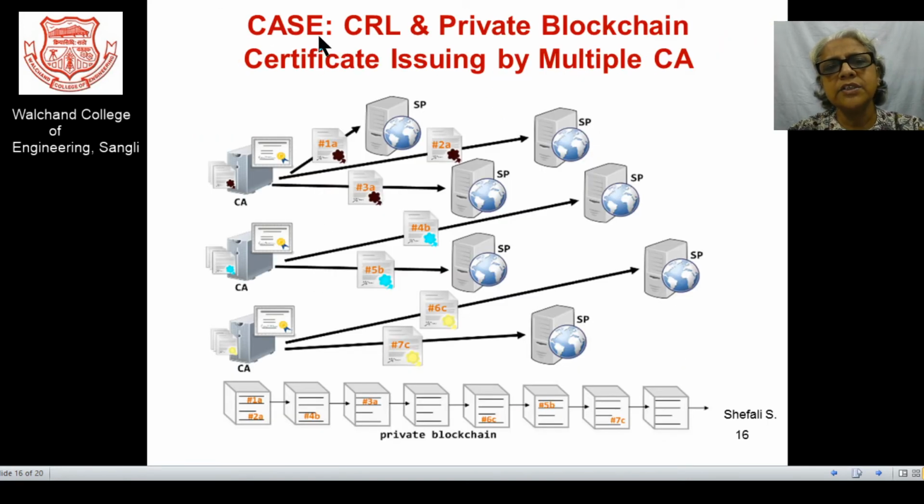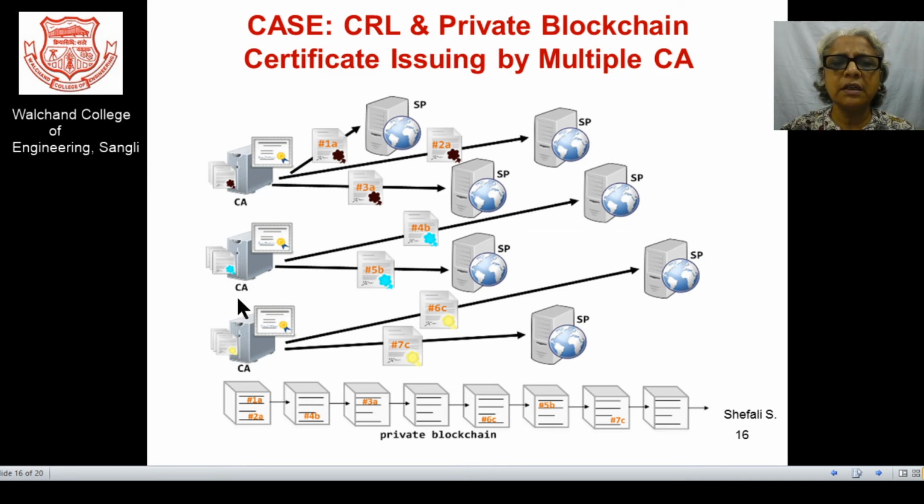There is another case which is very important. I would like to have a certain combination of the certificate revocation list and another technology. Let the technology of blockchain be used along with the CRL. Instead of public blockchains, let me discuss private blockchains. Those private blockchains may be shared between the CAs and the vendors, that is, the service providers, if they are getting connected.